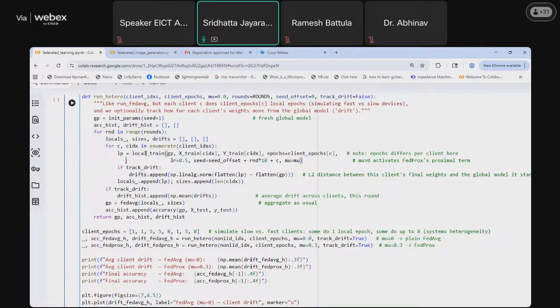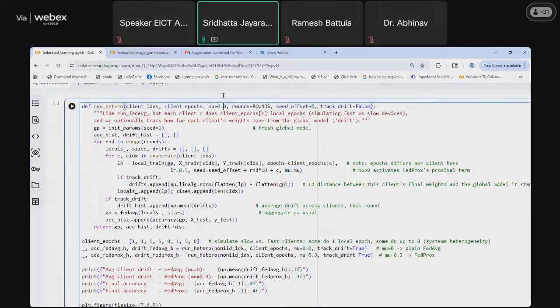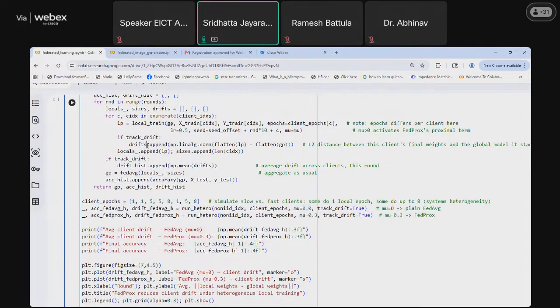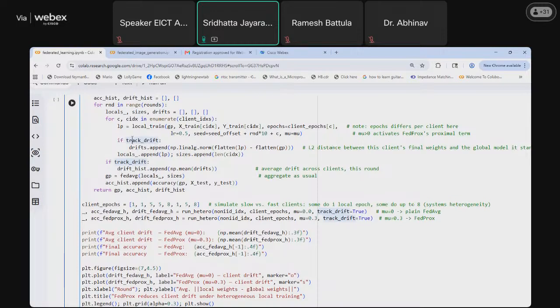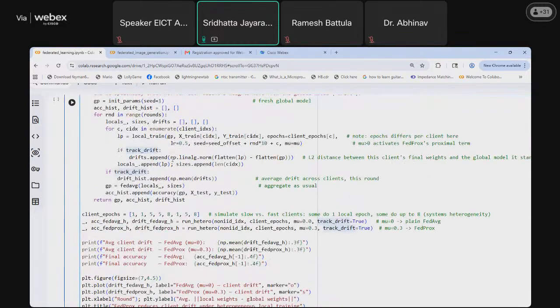And then for each round, we will be performing the local train that we saw earlier in the FedAvg algorithm. Everything remains the same apart from mu. So mu would be defined based on whatever we are giving while calling this function.